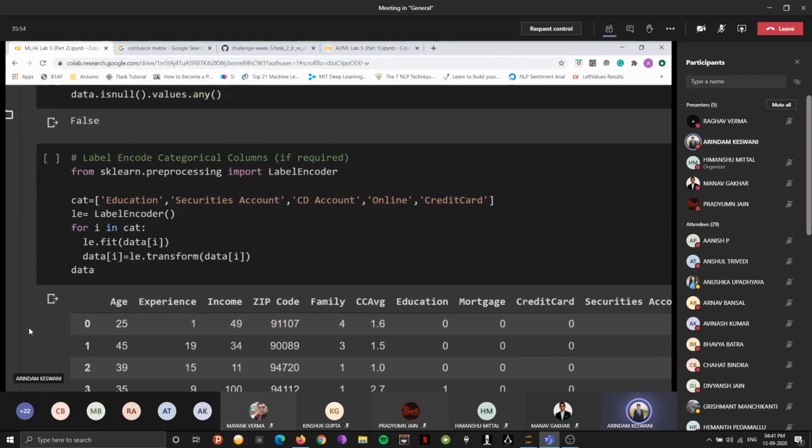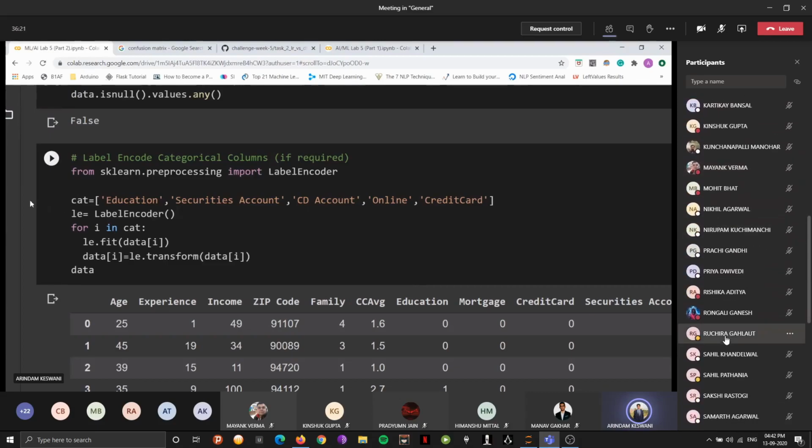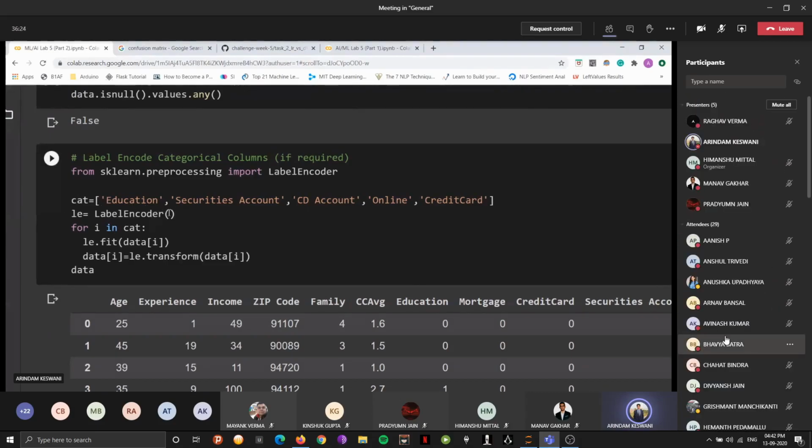Now, I encode the categorical columns, nothing new that we're doing here. I just make a list of the columns that are categorical in nature, that I want to convert into a categorical form as compared to what was there in the original data set. Of course, we can do this in abstract code as well, but when you're a beginner in machine learning, what I would recommend as a beginner myself is to break down the code into small parts so that it's easier for you to understand.